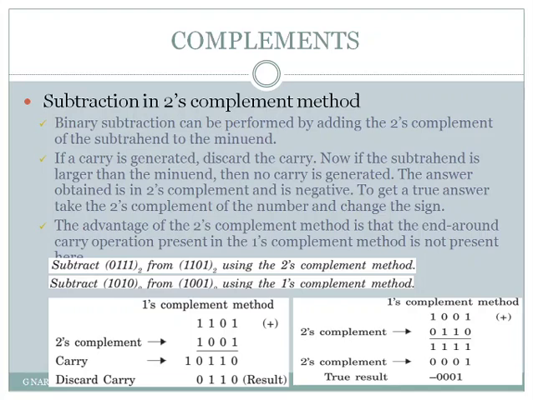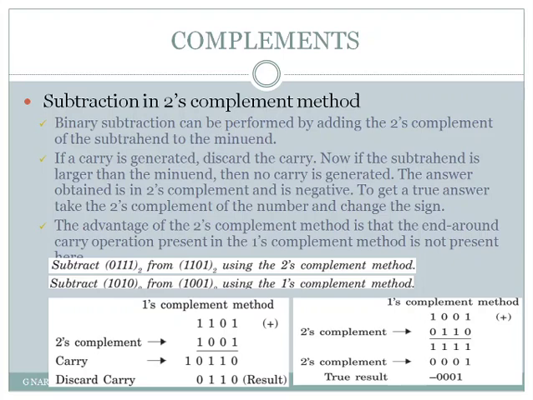and when the carry is generated, when the subtrahend is smaller than the minuend, in that case the carry is generated, but here you discard the carry in two's complement method. In one's complement method, what you will do when carry is generated? The carry is removed from that position and it is added to the result. Coming to the two's complement method, if carry is generated, discard that carry simply. So no need to add it anywhere. Just forget about the carry, that is if it is generated.